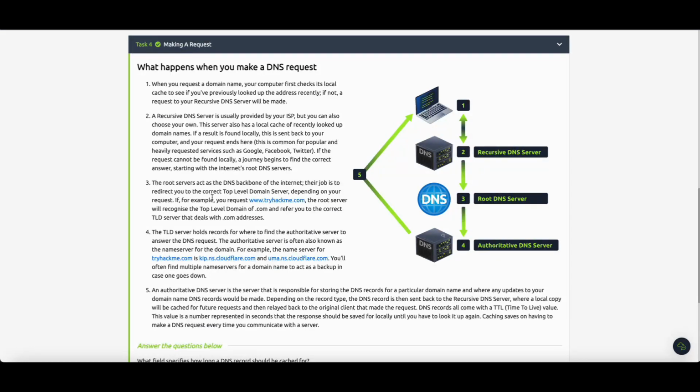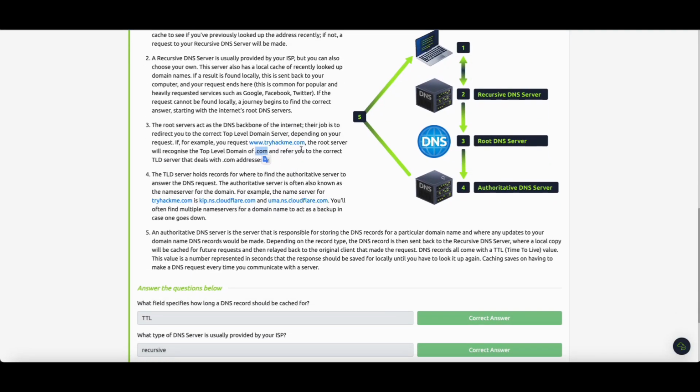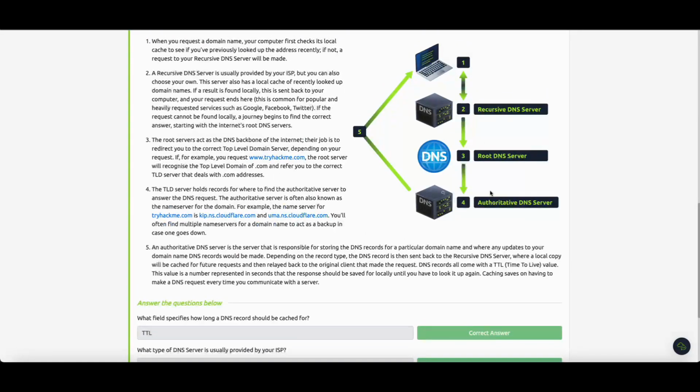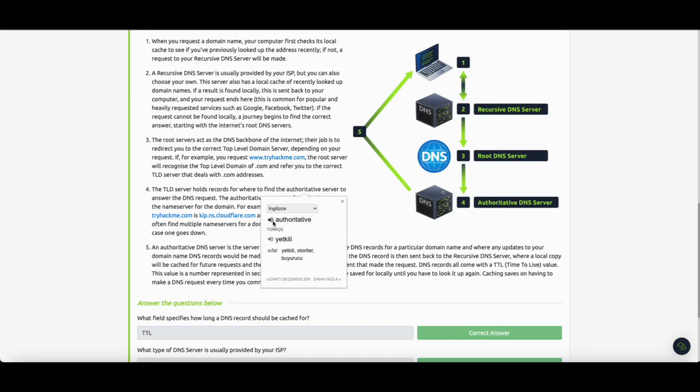Their job is to redirect you to the correct top level domain server depending on your request. If, for example, you request www.tryhackme.com, the root server will recognize the top level domain of .com and refer you to the correct TLD server that deals with .com addresses. You don't see a TLD server here, but know them, okay? Keep them in your mind. The TLD server holds records for where to find the